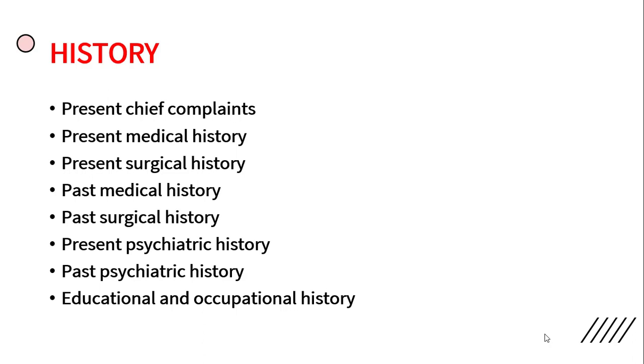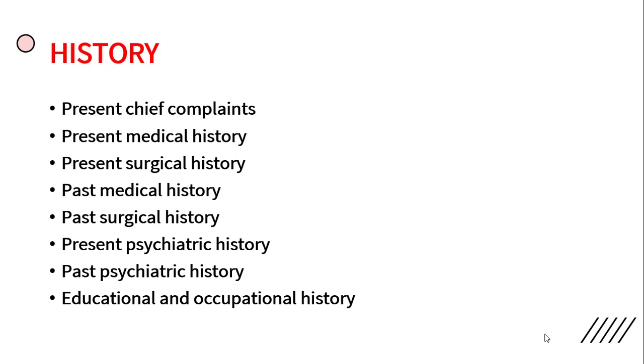Next heading is past medical history. The same way, if the patient has undergone any kind of treatment for any physical condition, you have to write it specifically under past medical history. And if there is none, you can write no significant history of past medical history. Next heading is past surgical history. Again the same way, if the patient has undergone any kind of surgery and taken any kind of medication for that, you have to specifically mention it under past surgical history. And again, if there is none, you can write no significant history of past surgical history.